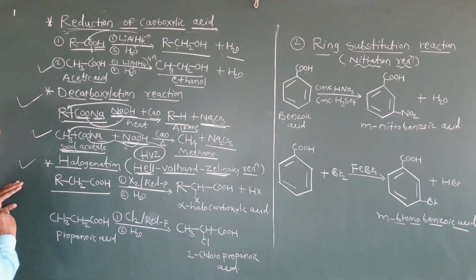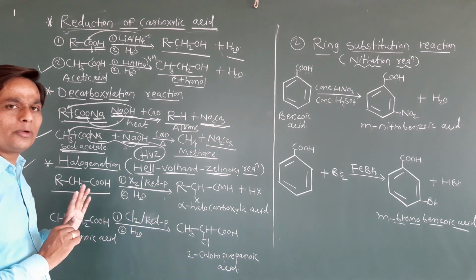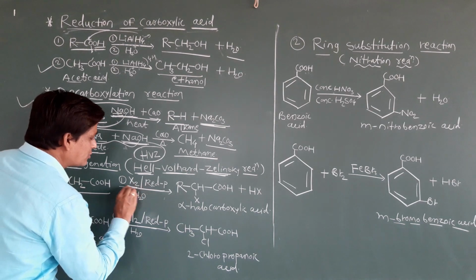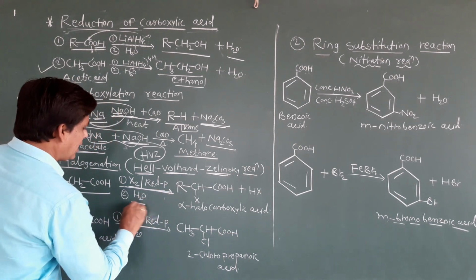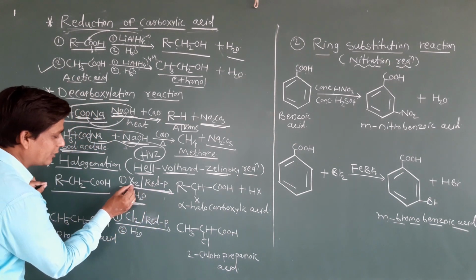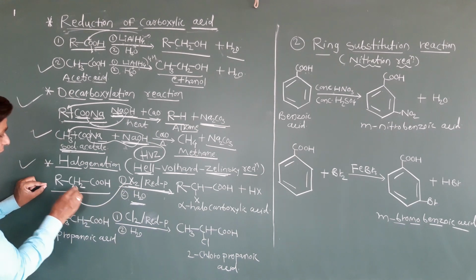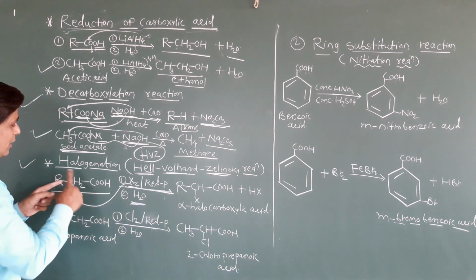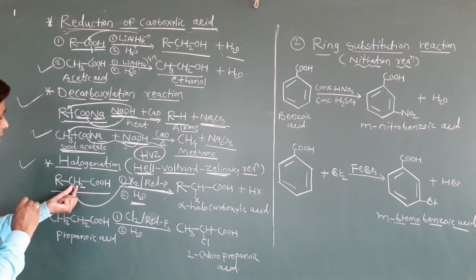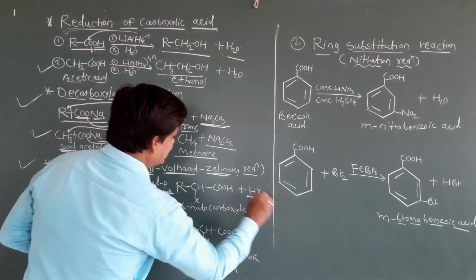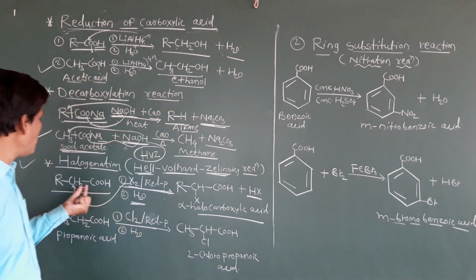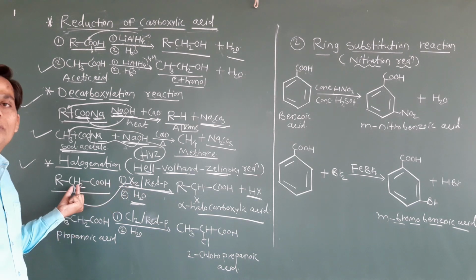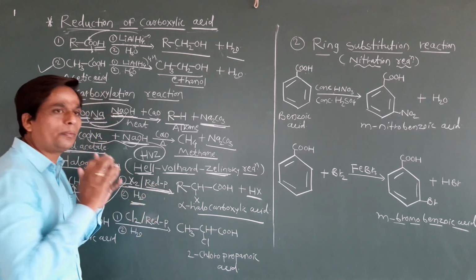Okay, so just check it. I have taken one carboxylic acid, RCH2COOH. This is one example of a carboxylic acid. So here I have taken X2, X2 means 2 halogens. Here I have taken red phosphorus, and hydrolysis takes place. One halogen is going to attach to this carbon. Means from this CH2, one hydrogen is removed and one X is attached, and HX is removed. So we will get the alpha-halo carboxylic acid. So only at the alpha hydrogen is the halogen attached, and this reaction takes place in the presence of red phosphorus.